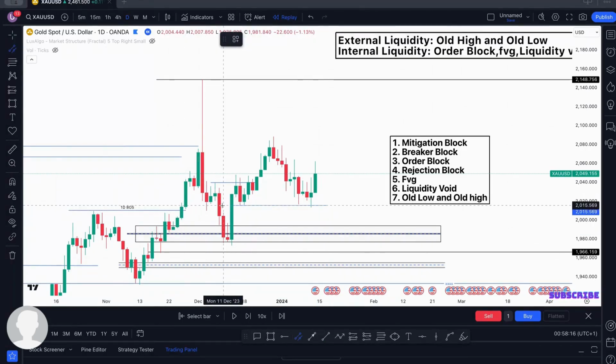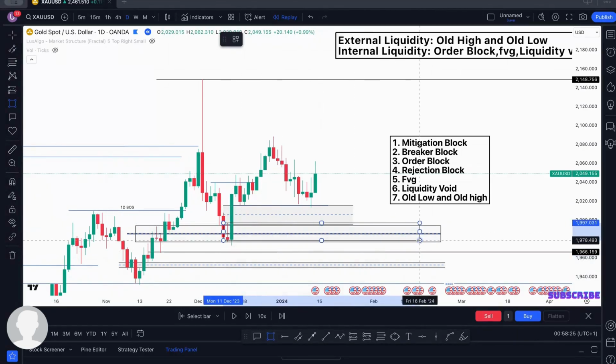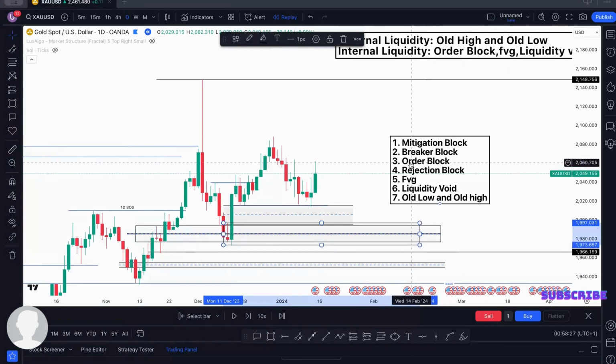The second one we have here is a fair value gap. And the third one we have here is an order block. I'm just following the sequence of what I have here. There's a breaker block here, but what do we have? Inducement. There's a breaker, there's no mitigation block, but there's an order block, there's no rejection block, but there's a fair value gap, there's no liquidity void, but there's an old high, which is here,